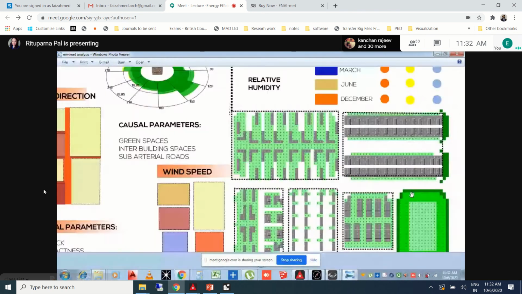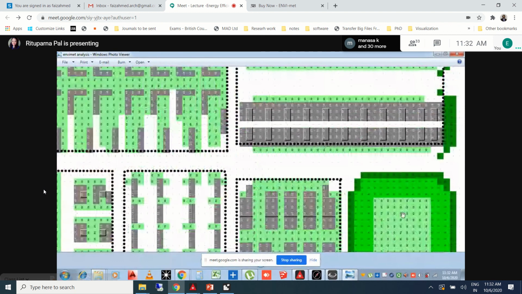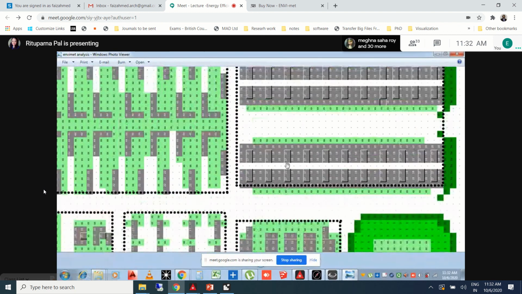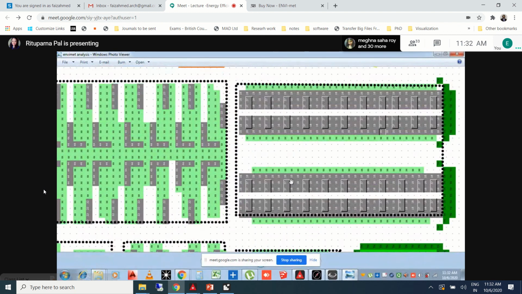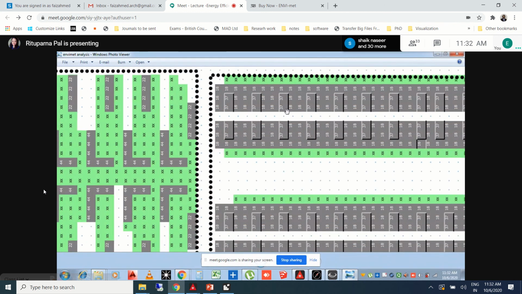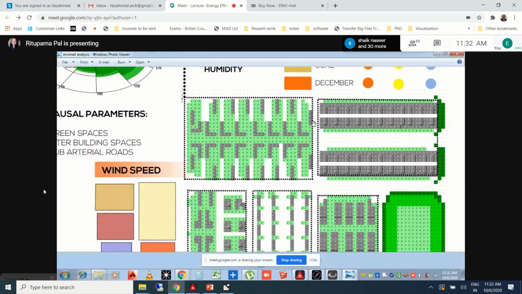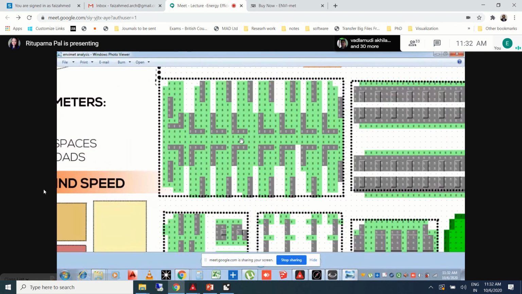And as you can see, this is the model, the ENVI-met model. Can you see, everyone? Yes, ma'am. So as you can see, here it is 37, that means the building height is 37, and that's why it is showing a 3D effect on the 18-meter building. These were different building profiles which I was trying to understand and analyze, like which is the best form of neighborhood which should be done in Amaravati, the capital city of Vijayawada. So for that I was doing all these things.